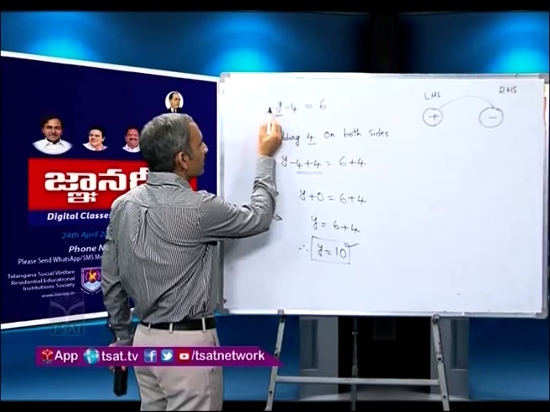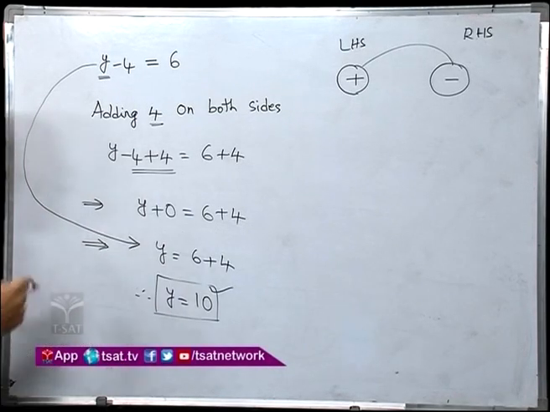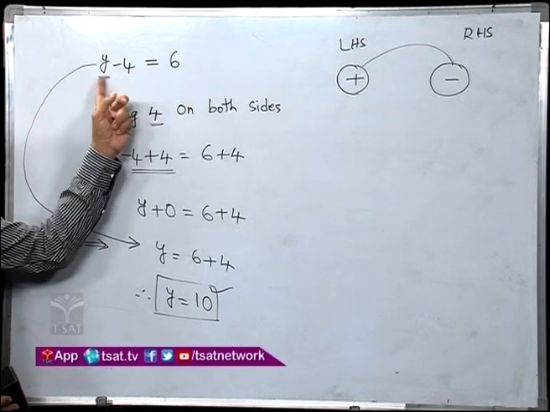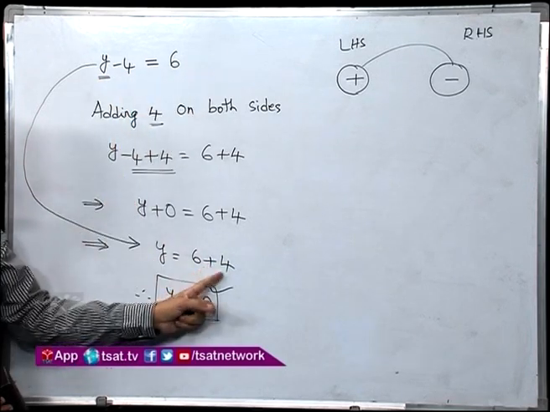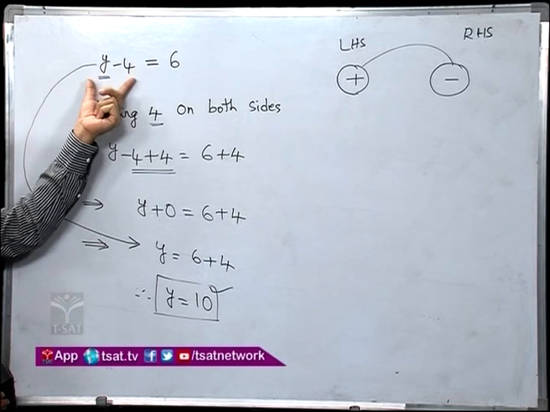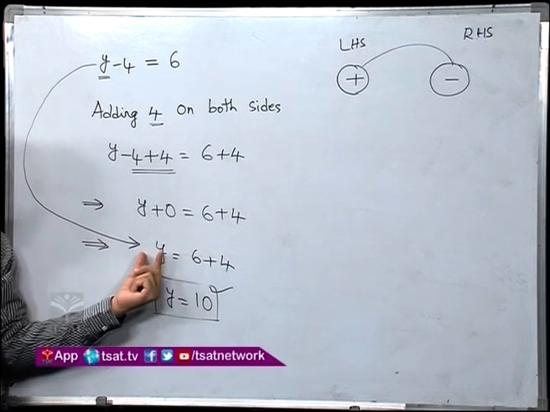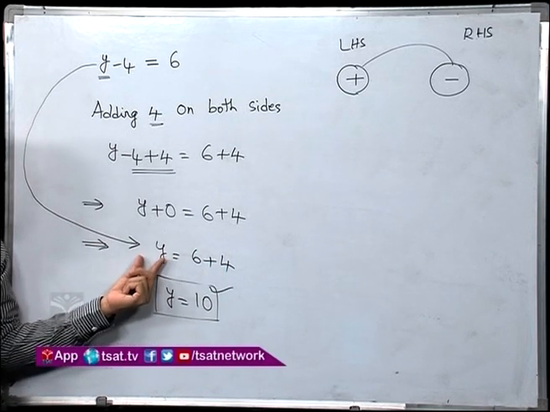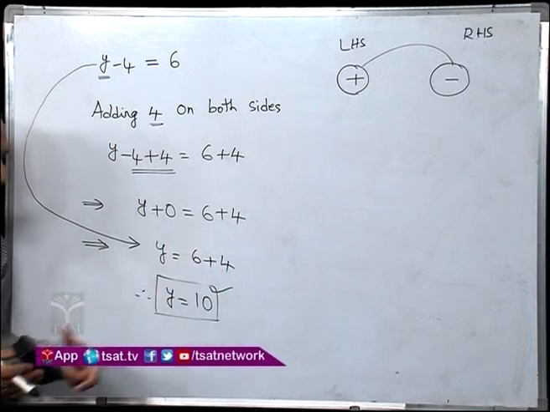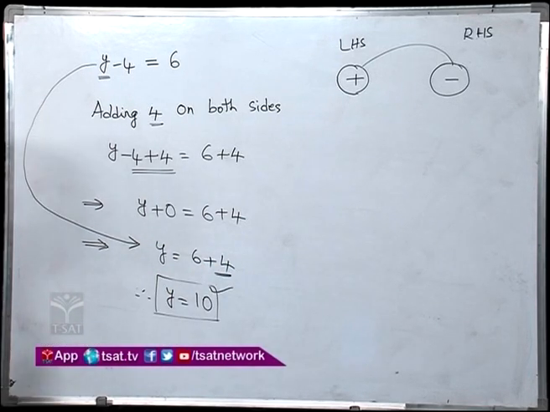This is the first equation, and at some point you get a statement like this. Here also, if you observe, you have all three terms y 4 6, here also y 4 6. But the thing is, minus 4 is on the LHS in the problem, and at some stage you transposed this minus 4 into the RHS. Am I right? We transposed it to here. Then what happens?